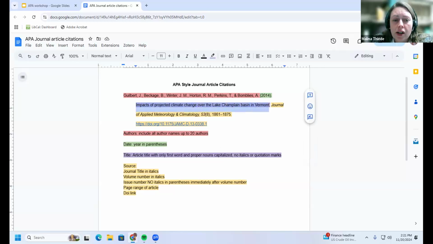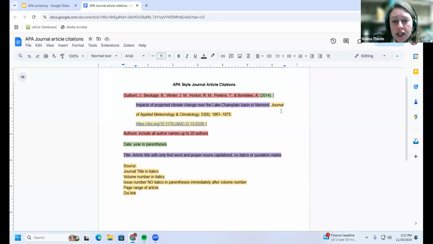Let me point out one thing about APA style. For this kind of title, it uses what we call sentence case. So basically you capitalize it the same way you would a sentence. The first letter of the first word would be capitalized. Other words would not be capitalized except for proper nouns. So here we have Lake Champlain, Vermont. Those are proper nouns, so we capitalize them, of course. But all the other words in that title should not be capitalized. If you have a subtitle, you would capitalize the first letter after the colon in the subtitle.